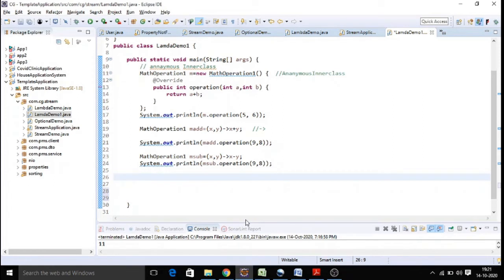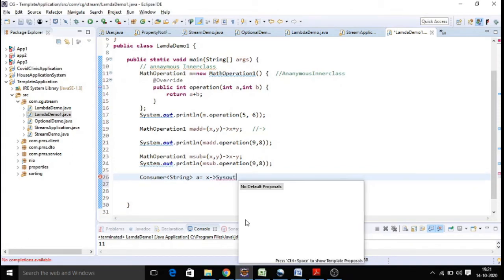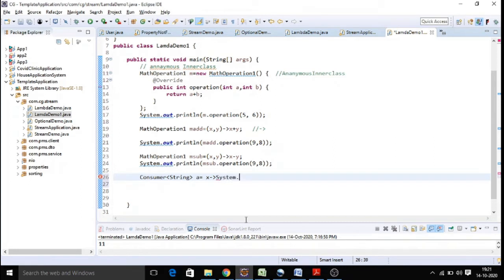Let us practice with consumer and supplier. First I am going to take an example for a consumer of type string, which is going to consume a string, and I am making the object name A. My logic is simply to display the string whatever I pass. Here is Consumer, you can import it.